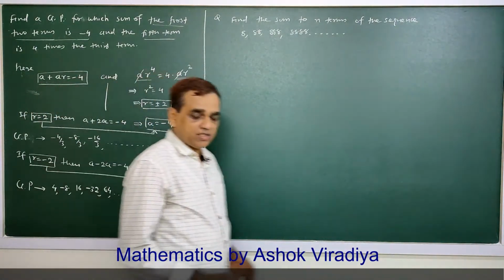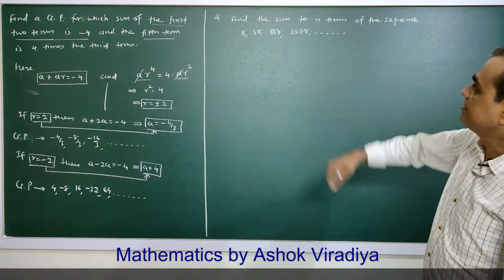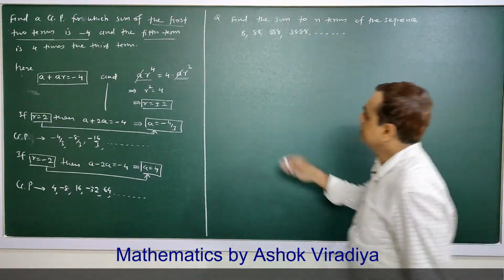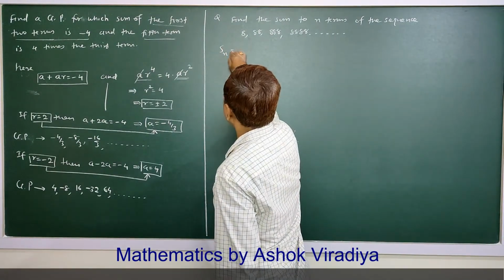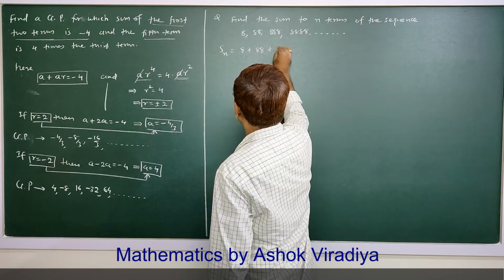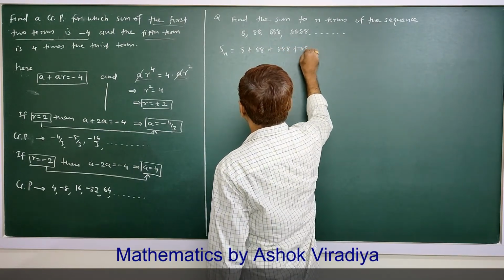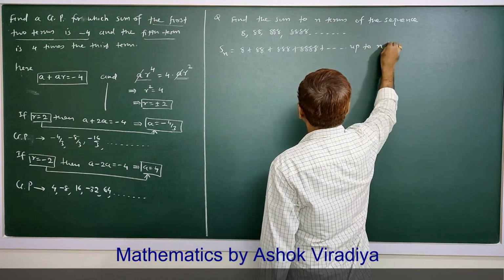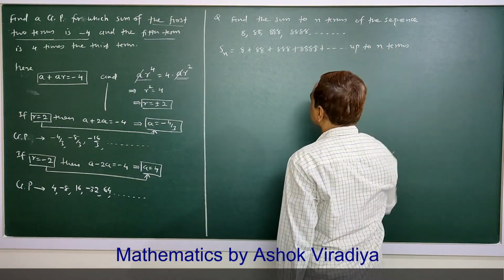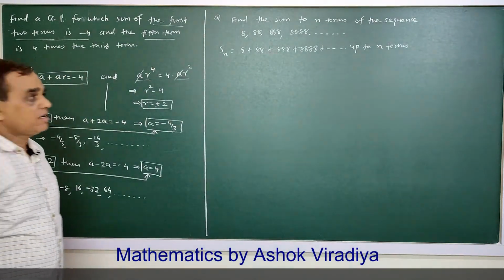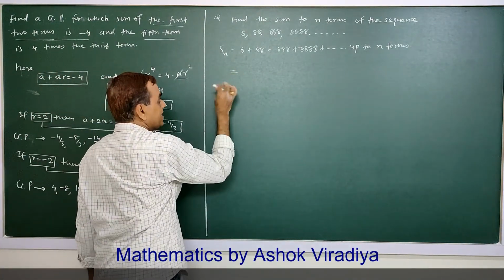Now in this question, we want the sum to n terms of this sequence. We want the sum of n terms. Sn is 8 plus 88 plus 888 plus 8888 plus up to n terms. Sn is the sum of n terms. Now taking 8 common,